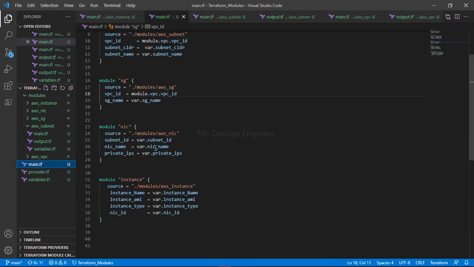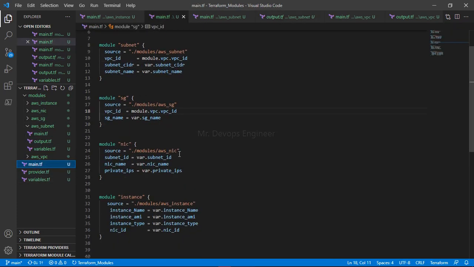And the subnet ID, go to this main.tf, where you have to pass it. So this is the place where the subnet ID is required. So now what you will do again is module dot, what is the name of the module? Again, the subnet module is throwing it, right? So this module name you will provide, subnet, is the name correct? subnet.subnet_id. Fine.